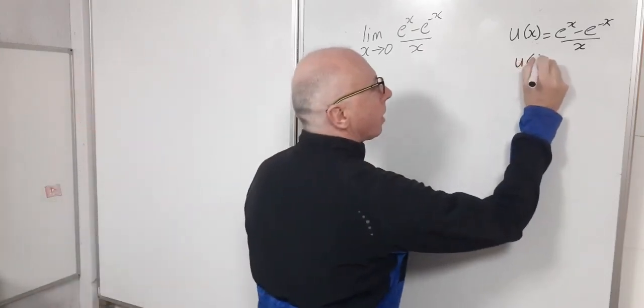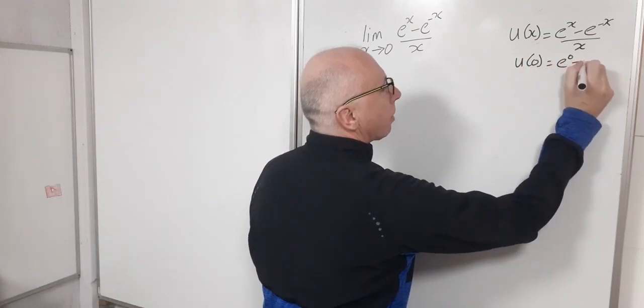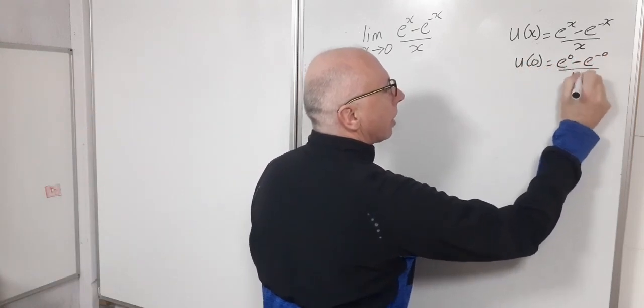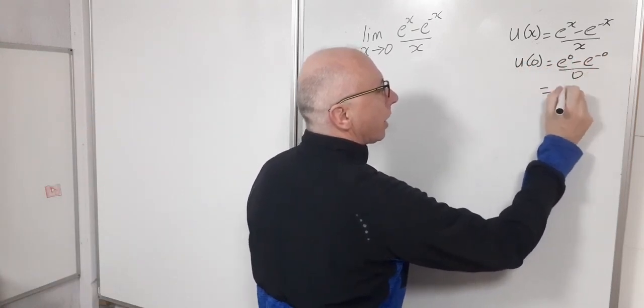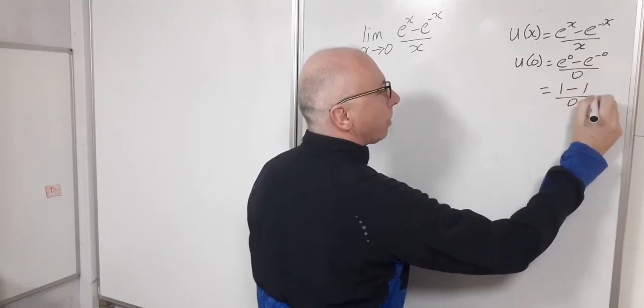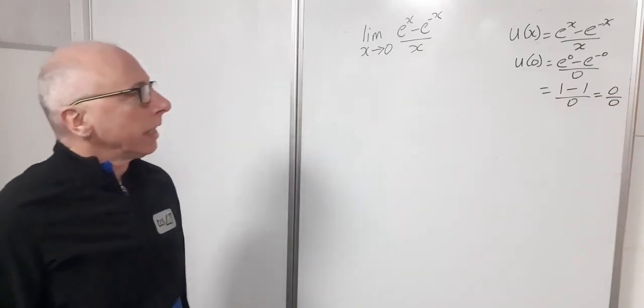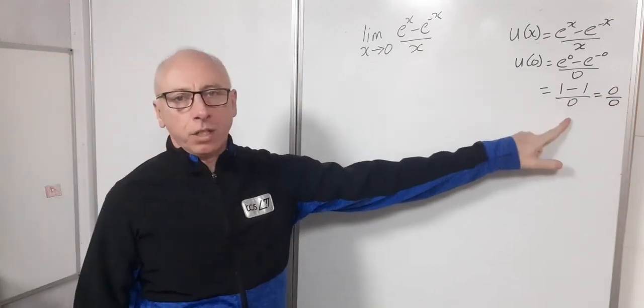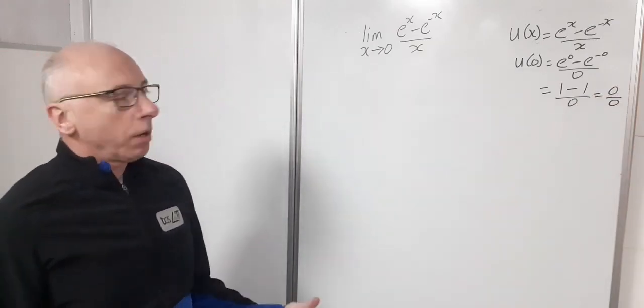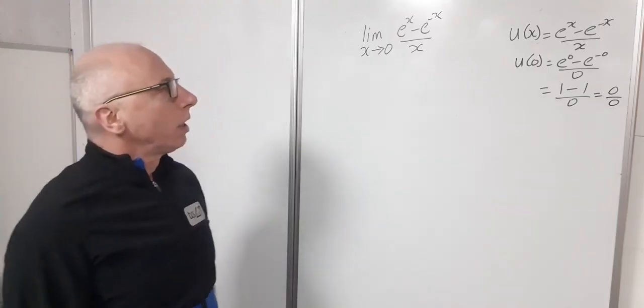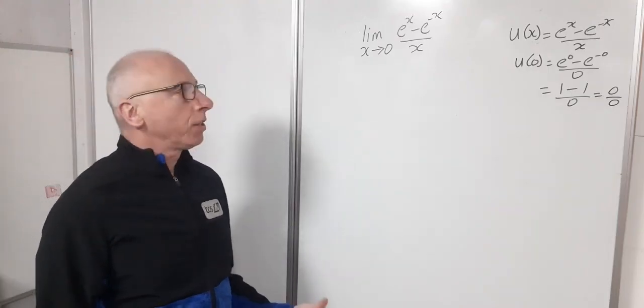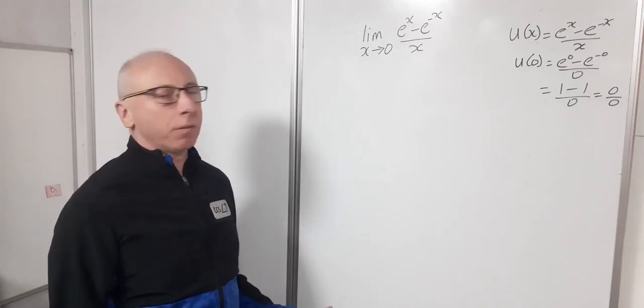So u of 0 equals e to the 0 minus e to the minus 0 over 0, which then equals 1 minus 1 over 0, which gives me a 0 over 0 situation. Now normally we get to that situation and we think, okay, 0 over 0, we're good to go with L'Hopital's rule. But as always on this channel, I like to show you some different ways about going about finding solutions